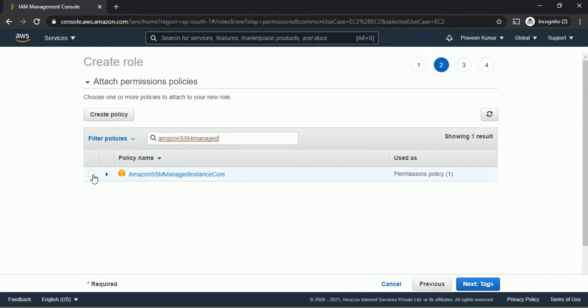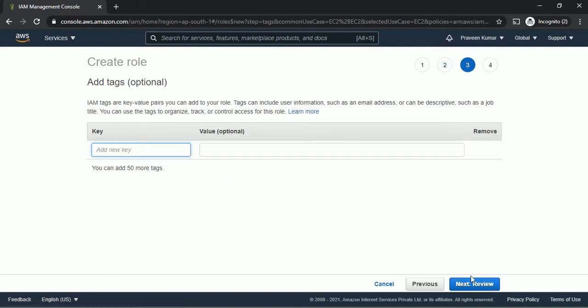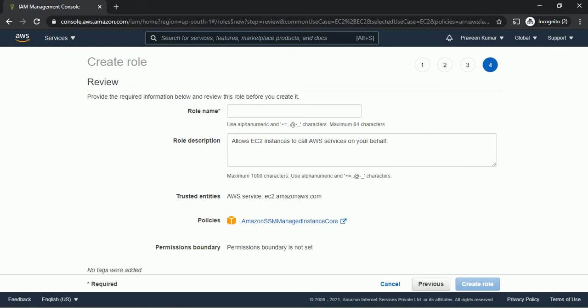This is the permission. You have to select the Amazon SSM Managed Instance Core permission. This will give all the permissions to Systems Manager from our EC2 instance. So select this permission, click on tags. I don't need to give any tags. Click on review, and you have to give a role name.